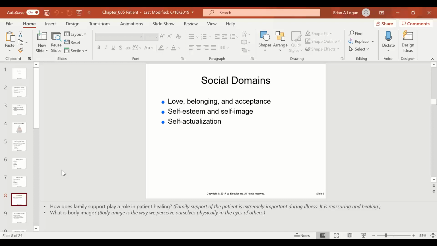Now, sometimes the need is stronger in some than it is in others. You'll have patients coming in that may just want to talk your ear off, and others that stay real quiet and don't want to engage in anything. But with this belonging and the acceptance,